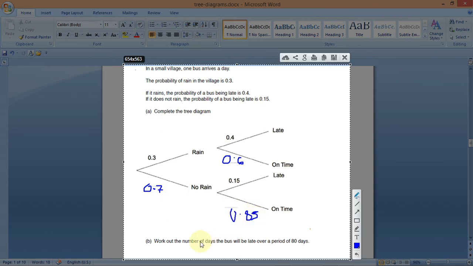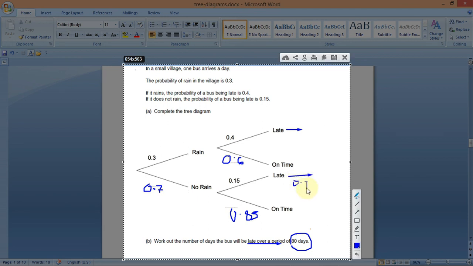Now work out the number of days the bus will be late over an average of 80 days. So be late. So now we have late here, and we have late here, because the question says that what are the number of days that the bus will be late over, so whether it rains or not, late anyway. So late rain and no rain late, that's what you're going to consider. And so this one here will be